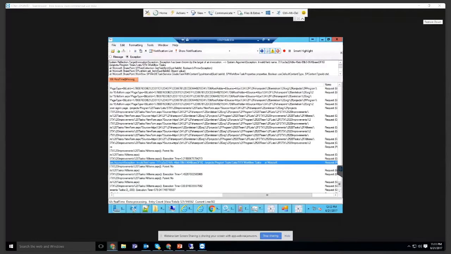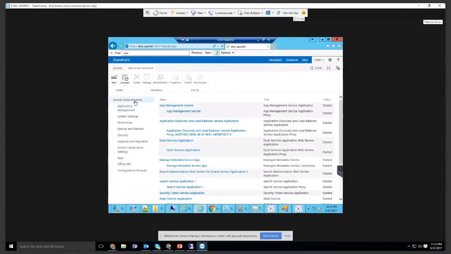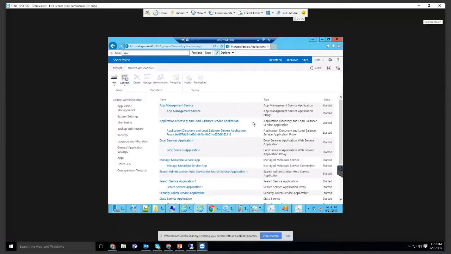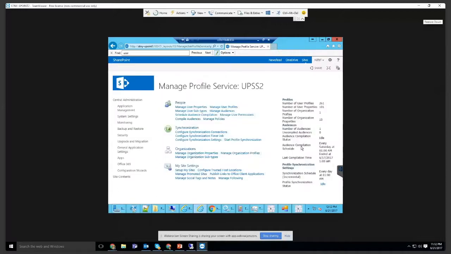Okay, so if there's no particular subject, I'm just going to show you a few things on the user profile service. All right, so when you're done with the installation, in a typical SharePoint farm you have one of your user profile services running, and that will be accessible if you have central administration rights. And what is very important is to ensure that the synchronization between your user profile service